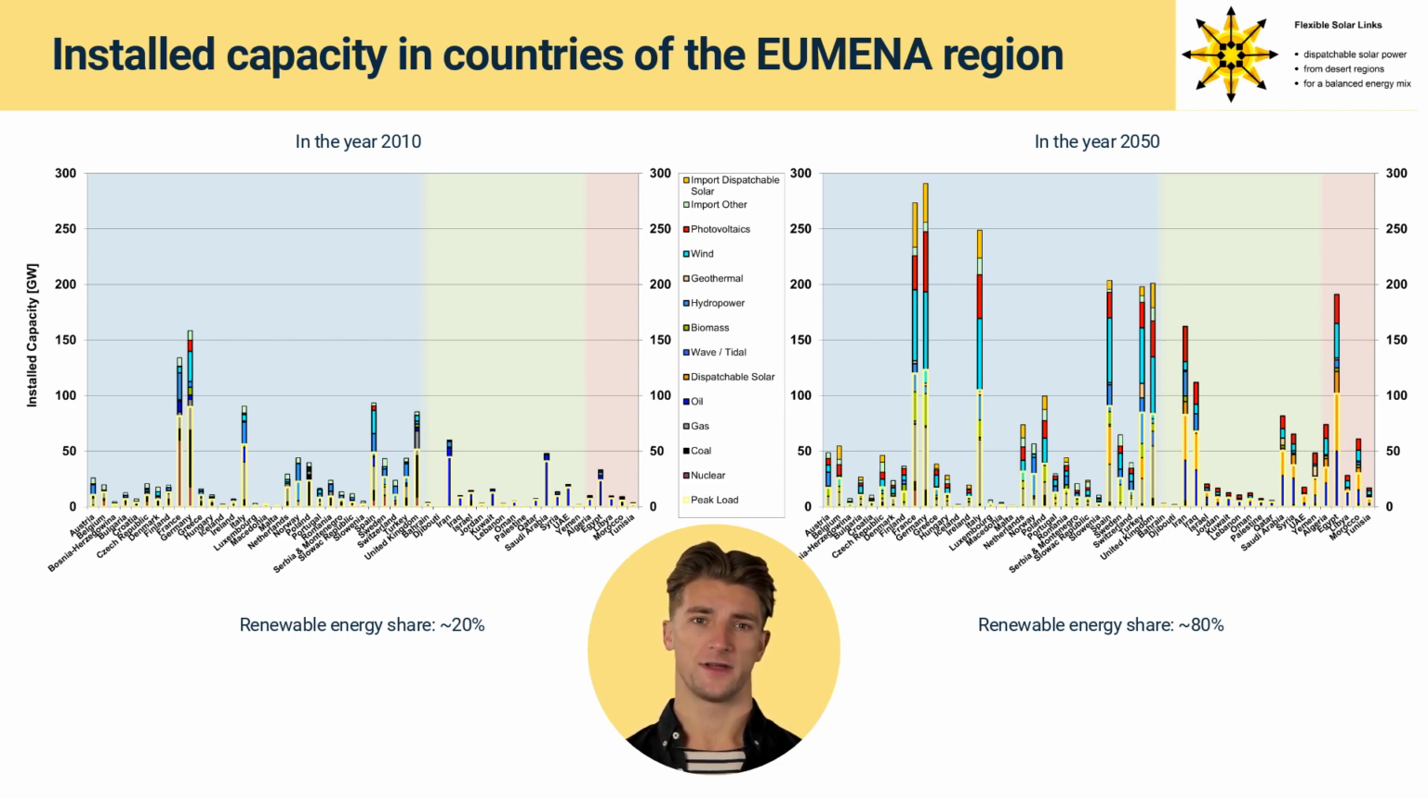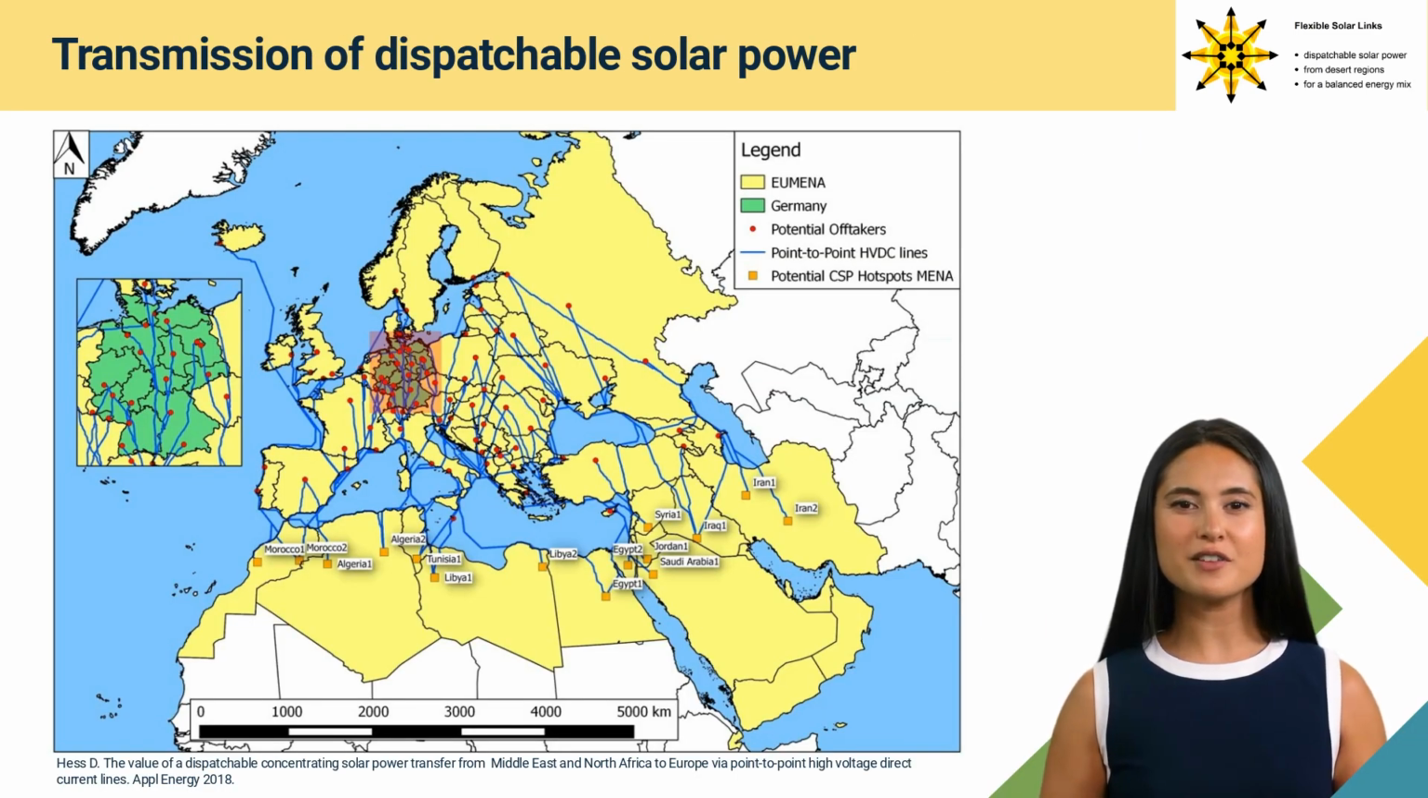In the energy scenario of the EMENA region, installed capacity doubles from the year 2010 until the year 2050. In the scenario, the countries with installed capacity above 100 gigawatt are Germany, France, Italy, Spain, United Kingdom, Turkey, Egypt, Iran and Iraq. To achieve a 50-50 balanced energy mix, a cooperation between European countries and countries in North Africa